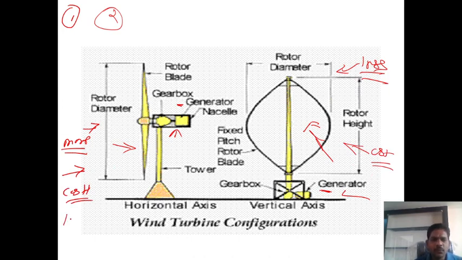Here a low force is required for rotation, and here a very high drag force is required for rotation. At this point, guys, the pitch of the blades can be changed, meaning we can change the dimension of the blades, but here the pitch of the blade is fixed. The dimension of the blade cannot be changed. These are the simple differences between the horizontal axis and vertical axis wind turbines.